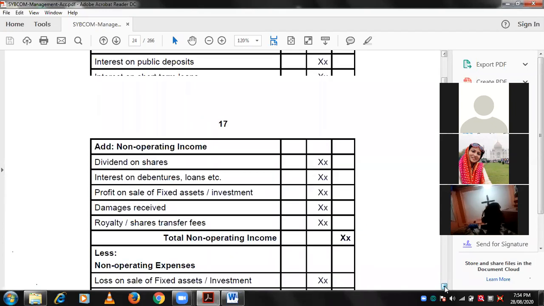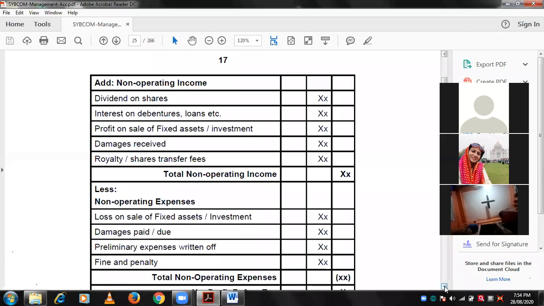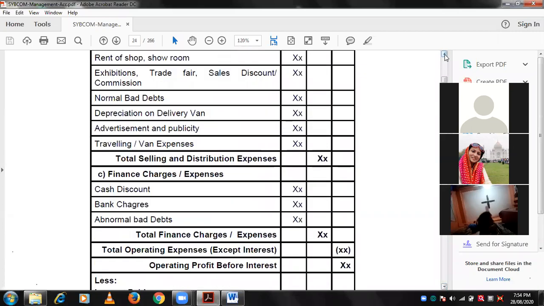So after getting this operating profit after interest, we have to add the non-operating income. So first we have to know what is the operating profit, what is the operating income, what is the operating expense. The operating expense is the expenditure incurred by the company in normal day-to-day business. To run the business, the company incurs these expenses. For example, we already saw the office and administration expenses, selling and distribution expenses. Okay, then